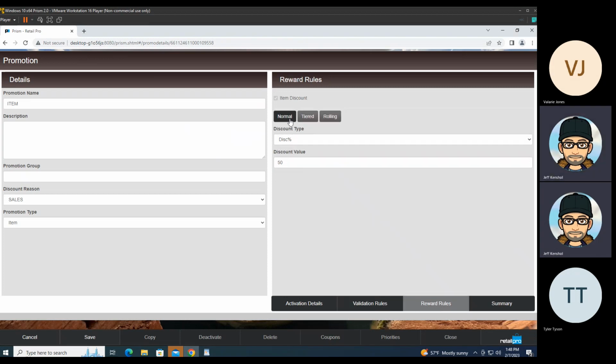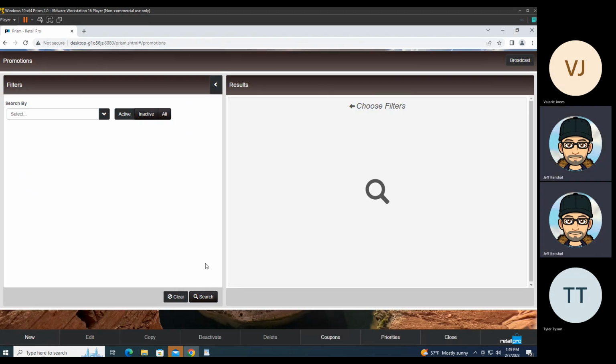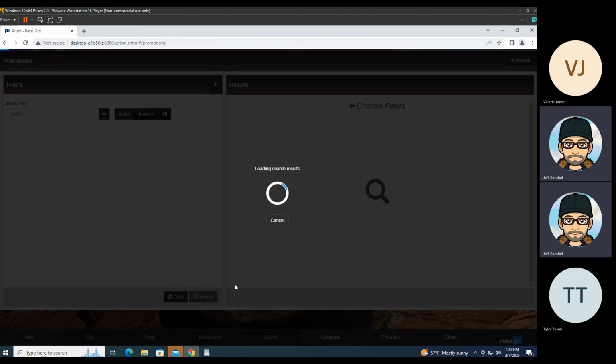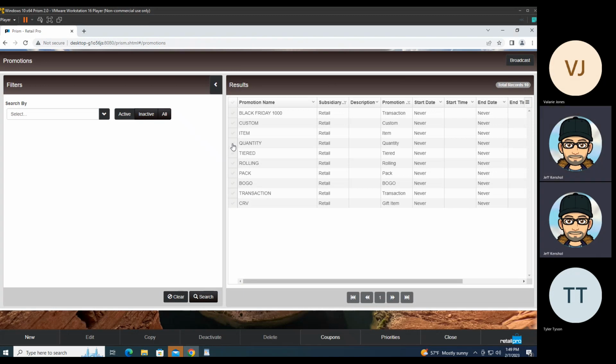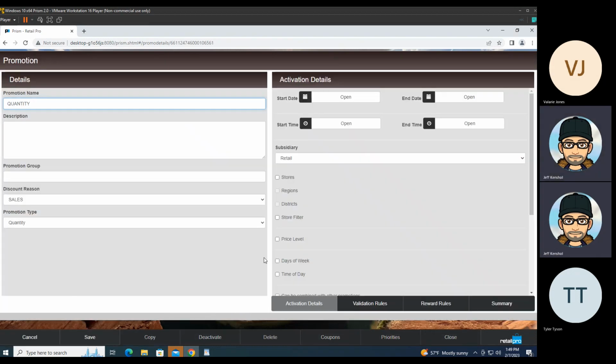And you have normal, tiered, and rolling, but tiered and rolling are coming, right? So this one is very, very similar. I'm not sure that we need to go experience this one per se, because I know this one works. It worked earlier, but it's a way of having a specific item rule, basically. Let's cancel that and sort of move on down the road here. Search. Now quantity is different, right? So the quantity is